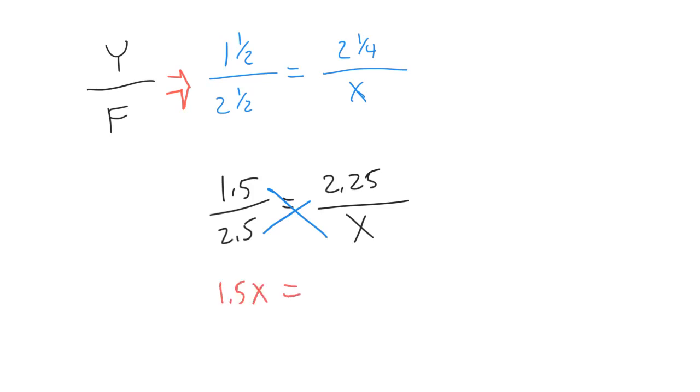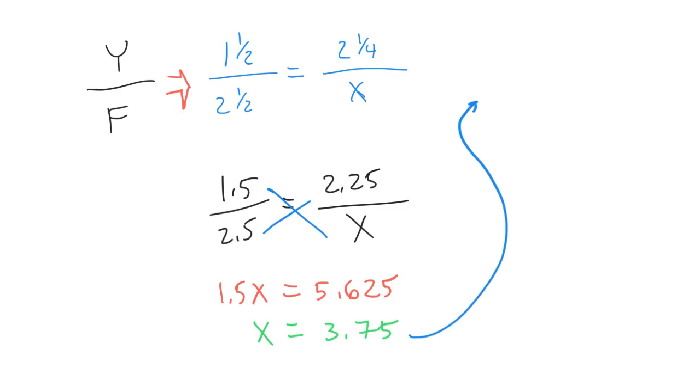1.5x equals 5.625. And when we divide both sides by 1.5, that would be 3.75. And that corresponds with 3 3/4. So 3.75 is really